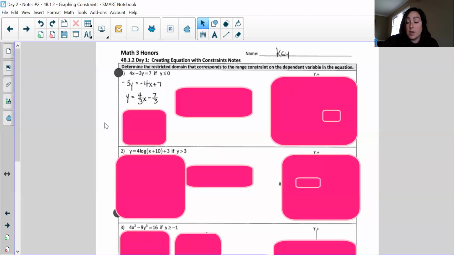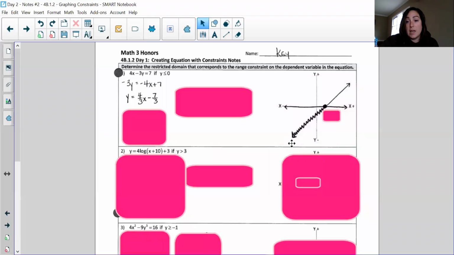We see that this is an equation of a line. So we graph using slope and y-intercept. Our y-intercept is (0, negative 7/3), and our slope is 4/3. So from our y-intercept, up 4, right 3, and reverse, down 4, left 3, and we end up getting that line. Now we need to think about the constraint, the fact that y is less than or equal to